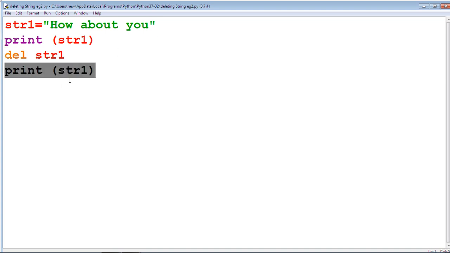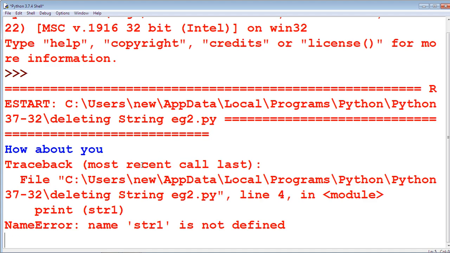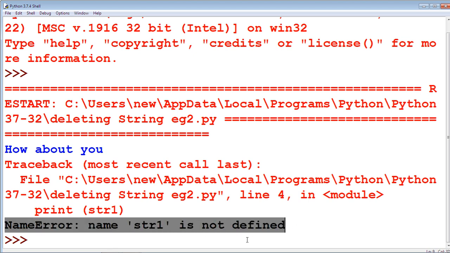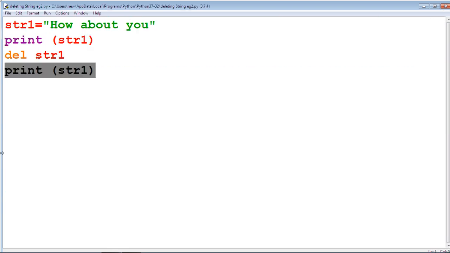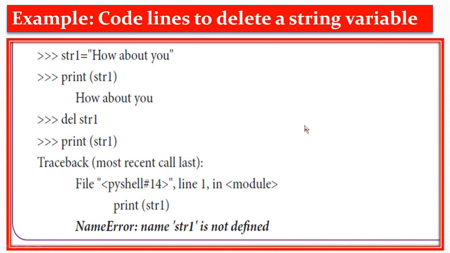Now when we print str1, it gives an error, it is not defined. Run this model. The first one displays "how about you", but in the second one str1 is deleted, so it is not defined. It gives the error. That means "how about you" is deleted here. In this way we can delete a string.